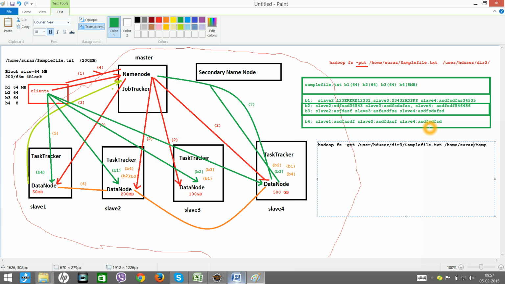So finally all this reading will be done by your client application itself, and it gets the data. After getting the data, it will copy that data into the local file system. We'll have a separate discussion on how the read and write operations take place in depth, but for the time being just understand that it is not your name node that actually does the read or the write.